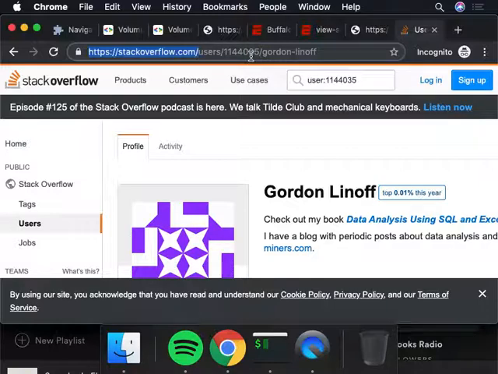/users, stackoverflow.com/users. That's the users resource. And then the next thing we saw was that we can either get a collection, which would be just /users, or we could get a member of that collection, which would be /users/user ID. All right. There's one last thing to learn about the structure of how the web is organized, and that's